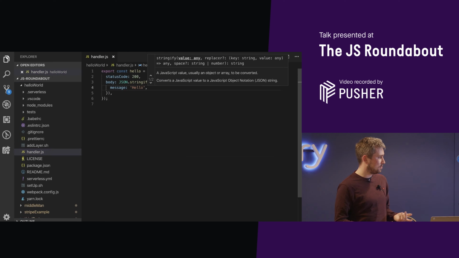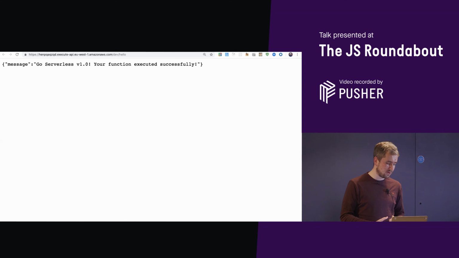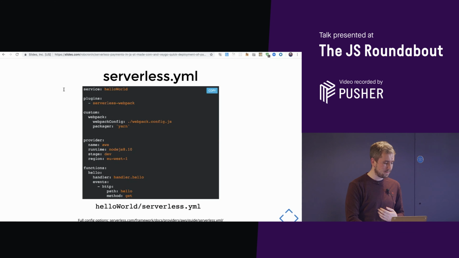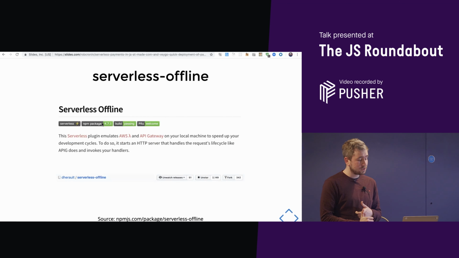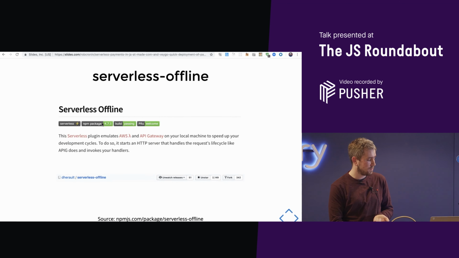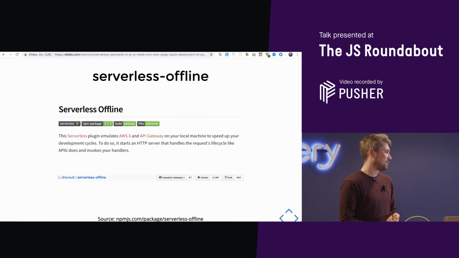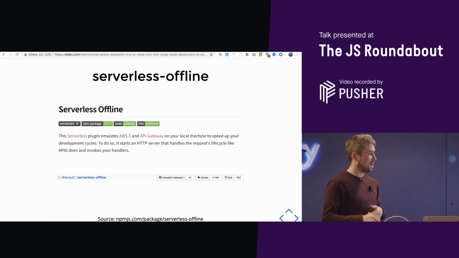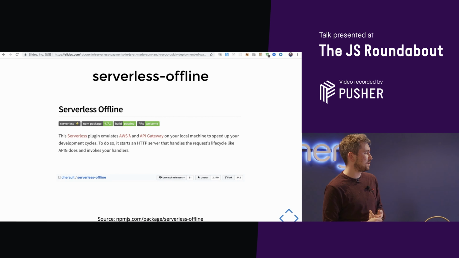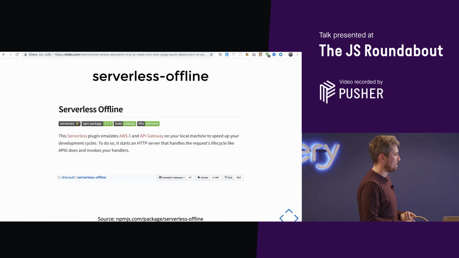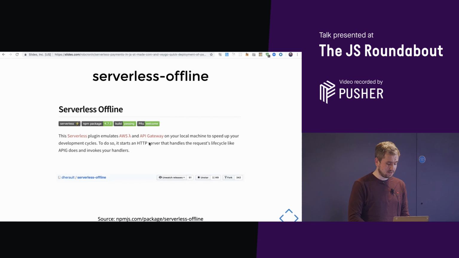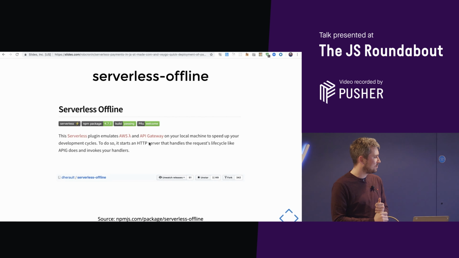But obviously you want to be able to check that something works locally before you actually deploy it. So there's another package called Serverless Offline, which simulates what the API gateway does for you, which is a very handy package. If you have a number of Lambdas running, you can have them all run, and your actual app will point to them and use your local versions if you need them. So what this does is actually creates a server for you, which kind of goes against serverless, but it works